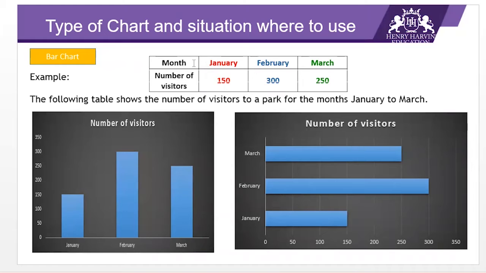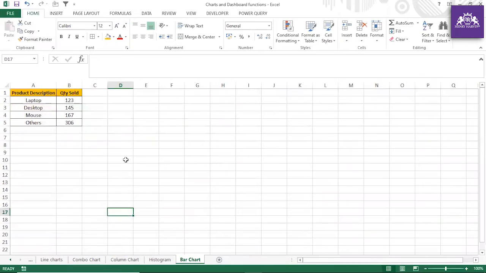If you have text labels, large text labels, then it's very simple, guys. It will not look good if you have it on the horizontal axis. If you have large text labels, then you can better go with this chart. Let me show you one example in Excel bar chart. So this is actually a very simple example. If you write some keyword, assume that this is anything, this is just an example.